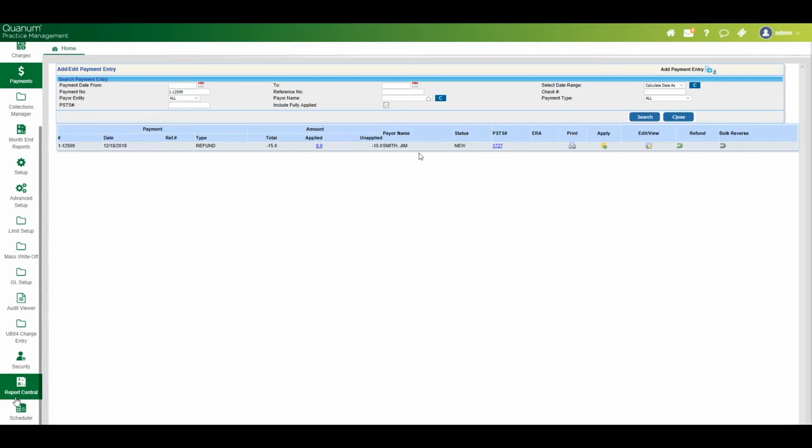Now let's say we did that refund, but we realized, oh, this refund should not have been done. I did it in error. I want to void off this refund. You can just go to the edit,